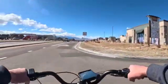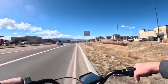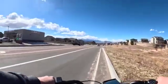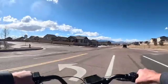So we are in with traffic. That's what I was saying. There's no sidewalk here yet, and it's a ditch. So it's like, how do you even go down there? You really can't. So that's why we're gonna cut across